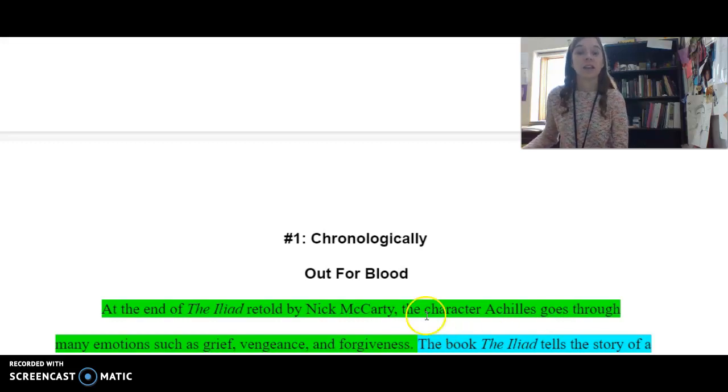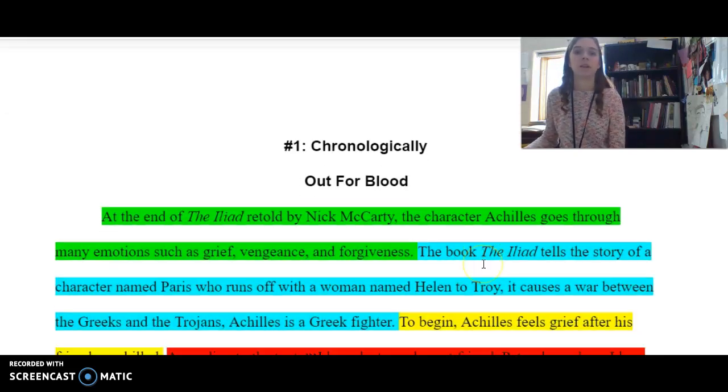Talked about in class for your main points and talk about kind of how and why you would do those. The hardest part is doing it. So let's talk about how we get there, okay? So we're going to look at this example paragraph. This is from the Iliad, and we'd be talking about what happens to Achilles at the end of the Iliad,